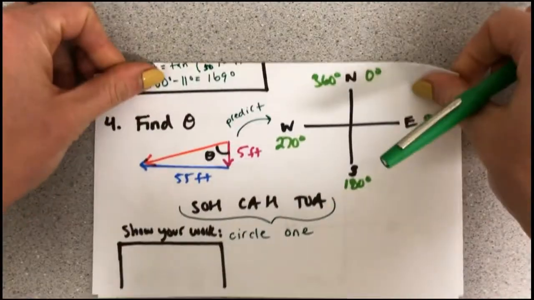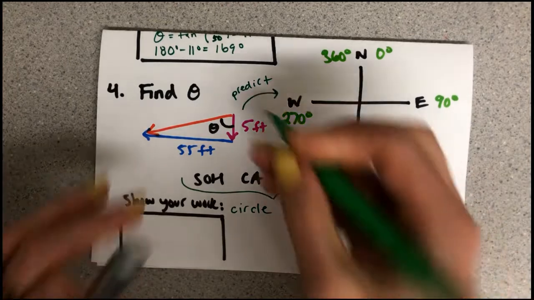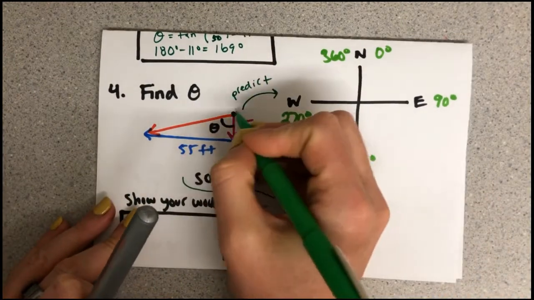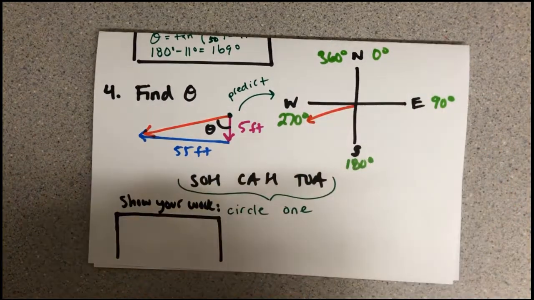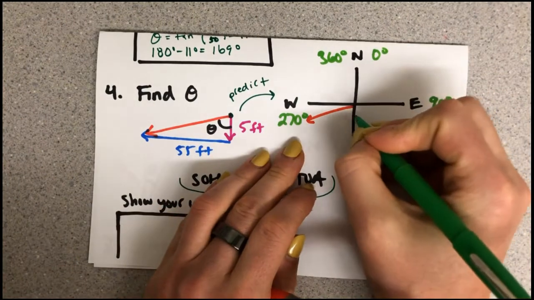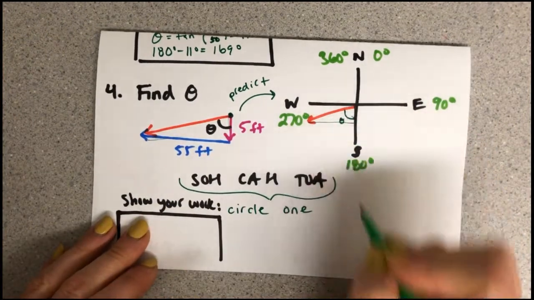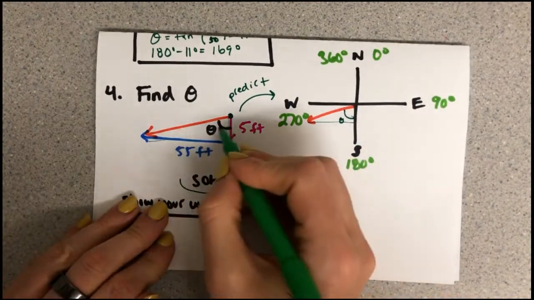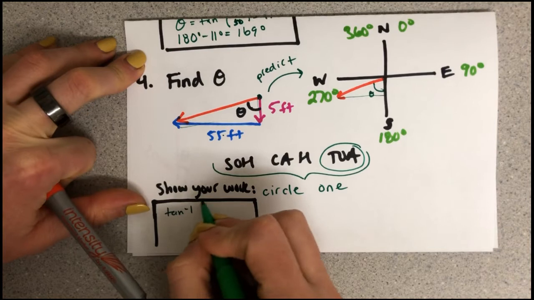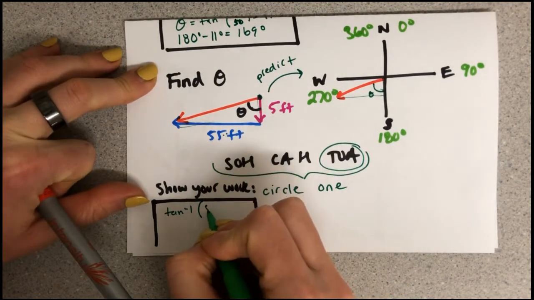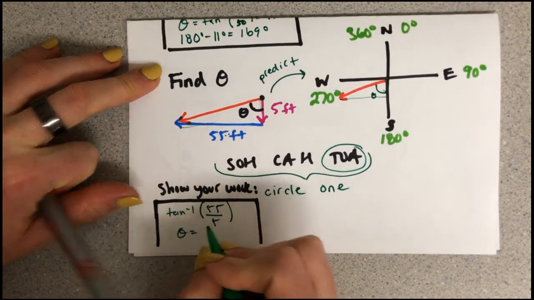All right, so last one. So let's go ahead and predict this. So I'm starting here, okay, walking this way, so boom. So that's starting here, so it's gonna be like somewhere over here. And the angle that we're trying to find is this one, okay. Here to the right, here to the right, okay. So again, we have the opposite and the adjacent. And I'm just gonna do the inverse tangent of my opposite, which is 55, divided by my adjacent, which is 5, and my theta is going to equal,